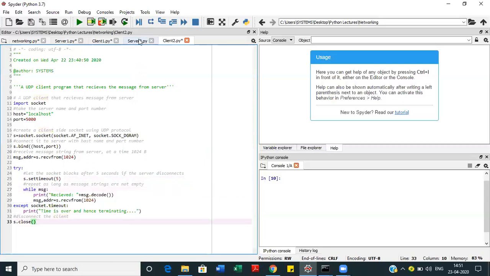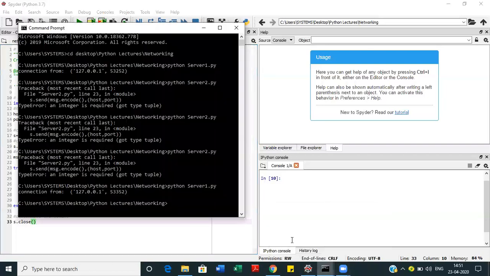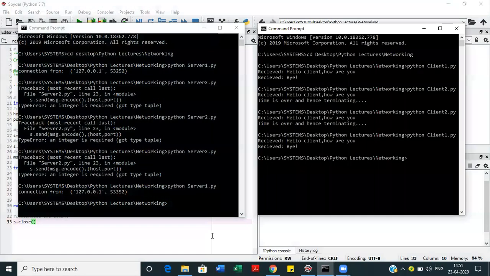Let's execute the UDP server and client. Again at the same location, I have the programs named server2 and client2 for UDP.